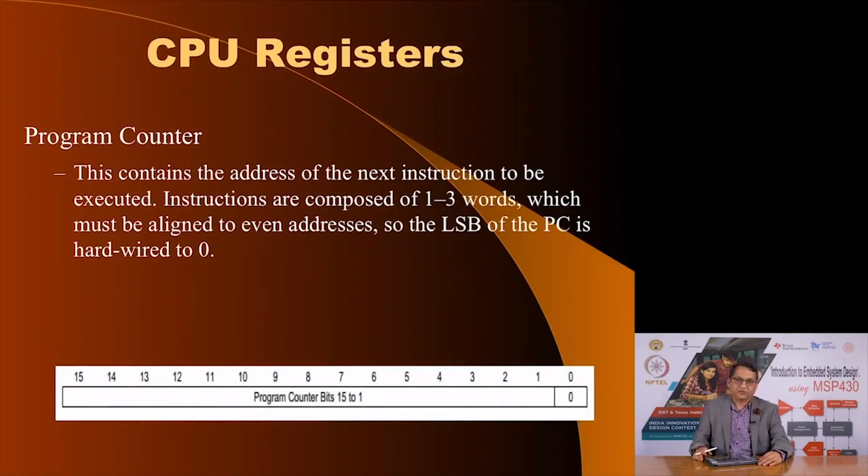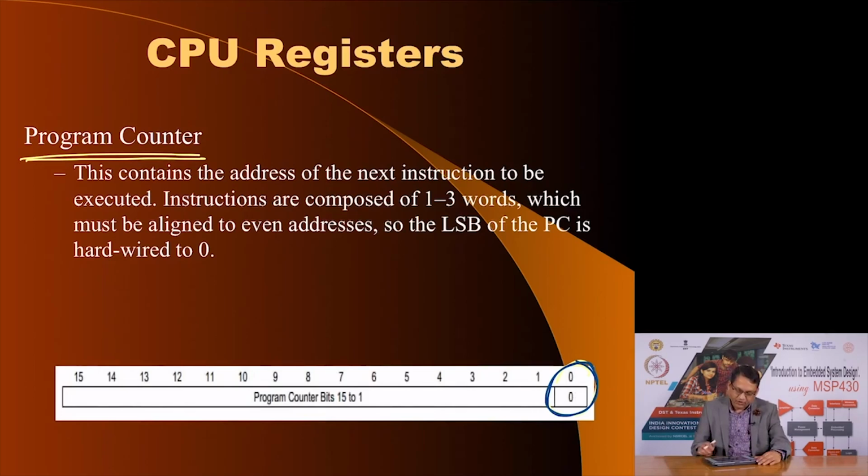So, let us see which special registers we have. We have a program counter, and since the program counter deals with reading the next instruction, the instructions are all 16 bit wide, whereas our memory is arranged in terms of bytes, and therefore, the least significant bit here is set to 0, because we want to store all our instructions at even byte addresses. So, our first instruction, if it is at 0, the next will be at 2, and then next will be at 4, and this can be ensured by ensuring the least significant bit is set to